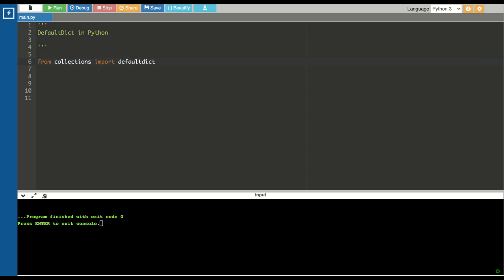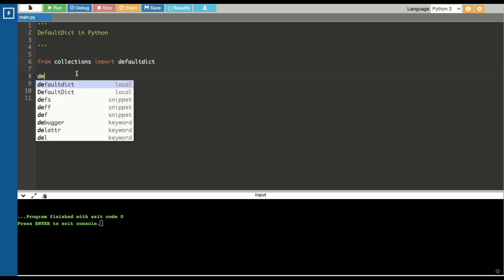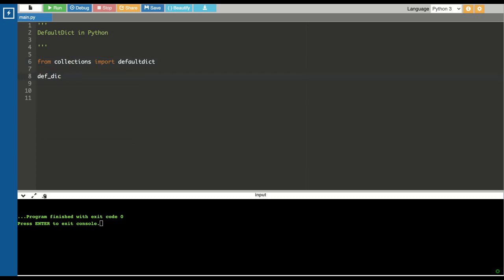Okay, and let's see how we can initialize a defaultdict. Let's assign a variable defaultdict and pass list as an argument.